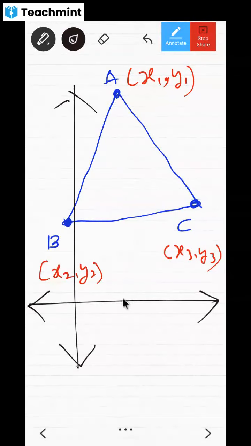You have to start from x1. Once you have taken x1, you have to take y2 and y3: x1 bracket y2 minus y3. Then you have to leave x1 and come to x2. If you take x2, then x2 bracket, you have to go for the next, y3. After 2, what comes? 3, no? So y3 minus y1. That's what I have written here. Next, you have to come for x3. If you have written x3, you have to go for y1 minus y2. Is it clear?